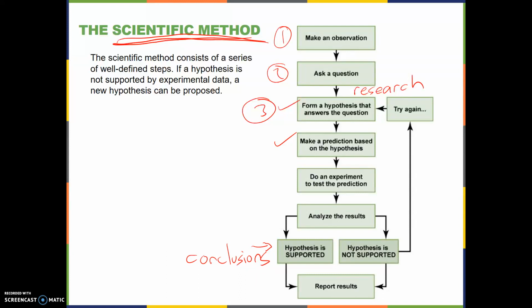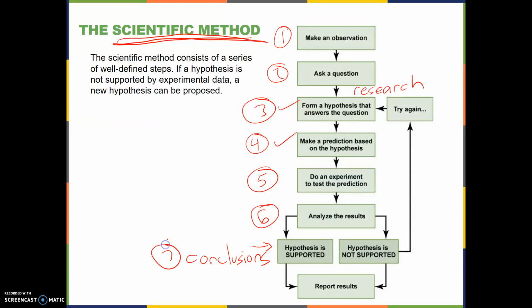And then we're going to make a prediction. We're going to predict what will happen when we do an experiment to test the hypothesis. So we're going to formulate a hypothesis, make a prediction, and then actually do a controlled experiment to test the prediction. And we will analyze the results. We'll record the data and the results, and we'll analyze them. And after analyzing the results, we'll draw our conclusion,